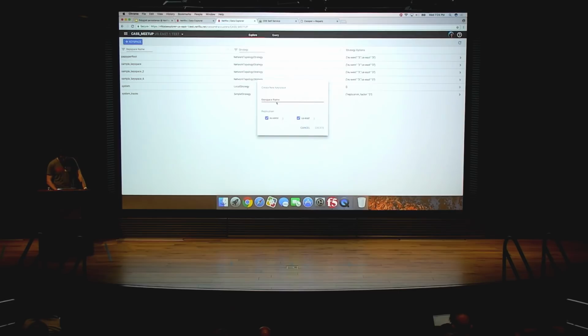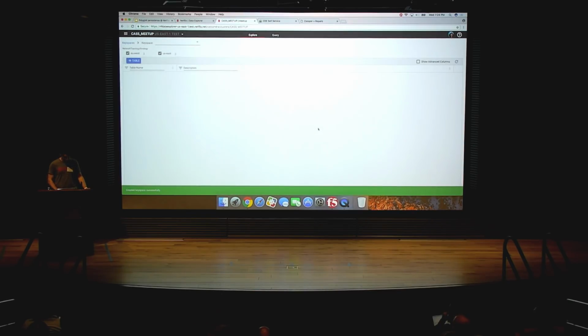So for instance here, we can go ahead and create a keyspace. Creating a keyspace in Cassandra, there's an opportunity to get your replication settings wrong. Maybe you might not pick all the right regions. Maybe you don't have the right number of racks per data center. So we try to give you common, sensible defaults. We use CDE's best practices. So we've gone ahead and created a keyspace here.